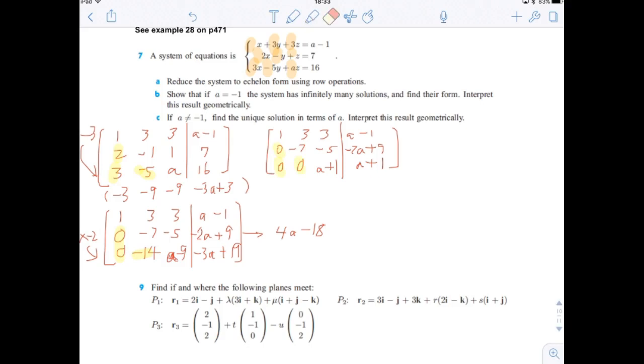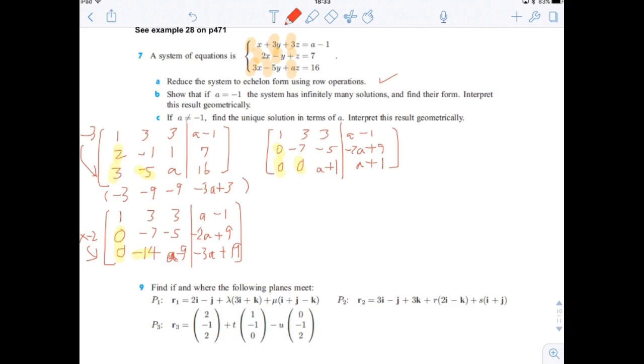And now let's check what the next step is going to be. Let's see what they ask us to do. So we reduce the system to echelon form using row operations. Now show that if a equals -1, the system has infinitely many solutions and find their form. Interpret this result geometrically. Okay, so if we put a equals -1, then do you see how the last row